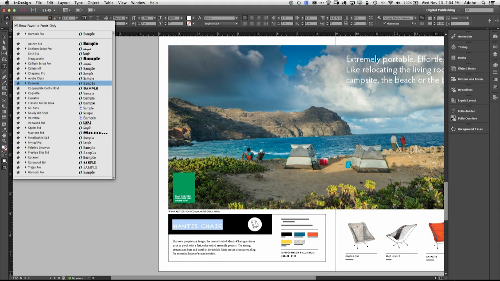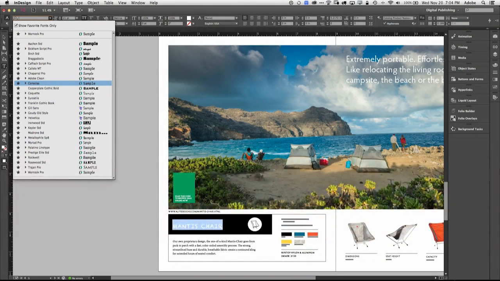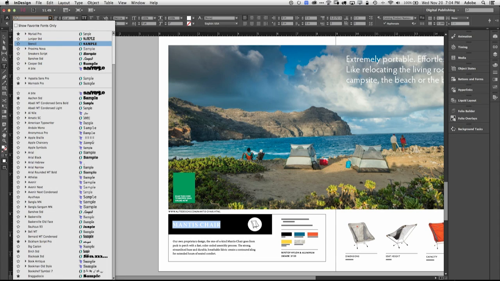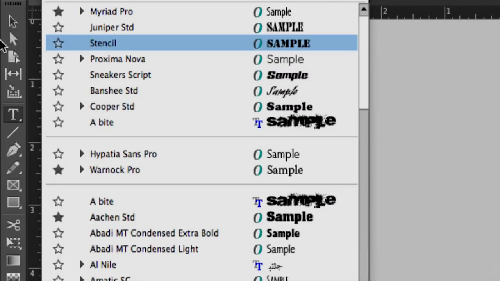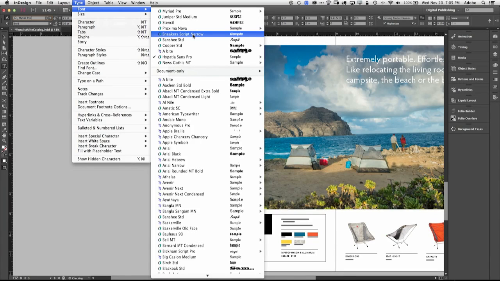Because we realize that no matter how many hundreds or thousands of fonts you say you must have for your work, you're still using 10, 20, or 30 that you always use every single day. So now you don't have to keep it a secret. Just make them your favorites. Click favorites, and you see your favorites. And of course, yes, they still work as you arrow down to show all your favorites on that highlighted type. Now, let me unclick the favorites for a minute. You'll notice that there are some fonts at the top of the list for some reason, because they're recently used. Once I use it, it's at the top of the list, and I can just quickly jump back to it,